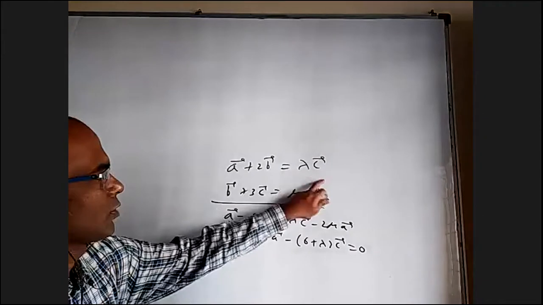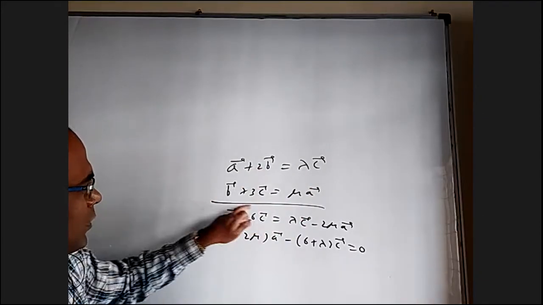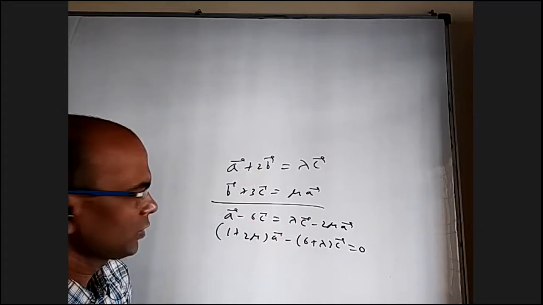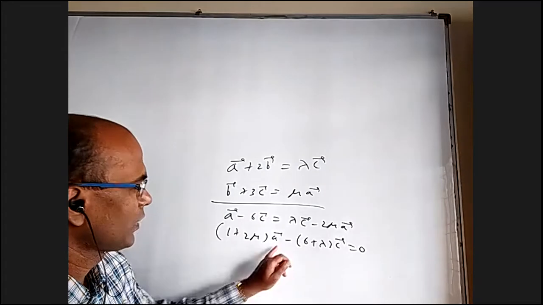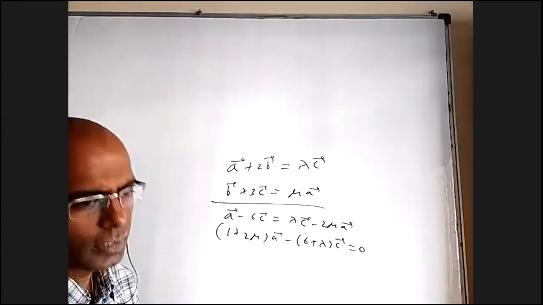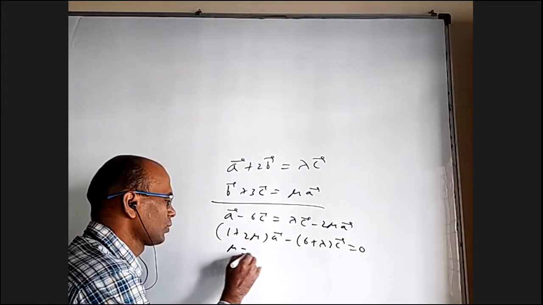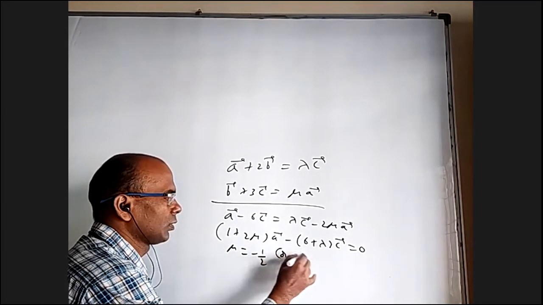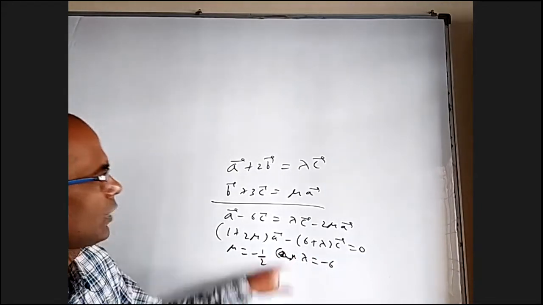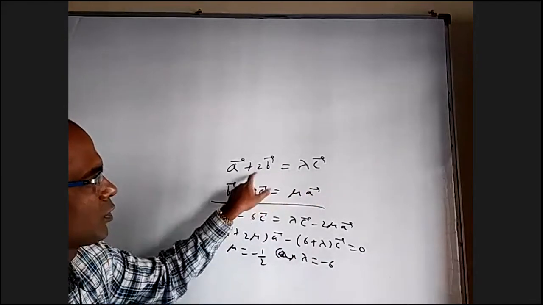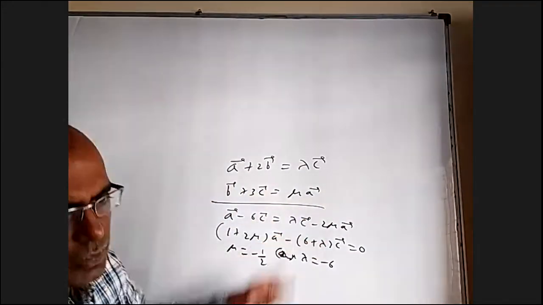This is parallel to this, I wrote like this. This is parallel to this, I wrote like this. I subtracted 2 times this from this, got this equation, brought one side. But they said among A, B, C, no two are collinear. If A and C are not parallel, how can there be a linear relationship between them unless this is 0 and this is 0? You will get mu equal to minus 1 by 2 and lambda equal to minus 6. Put lambda minus 6 here, bring here, you will get A plus 2B plus 6C is 0. Or you put mu minus half, bring 2 here, bring everything one side, same thing will come.